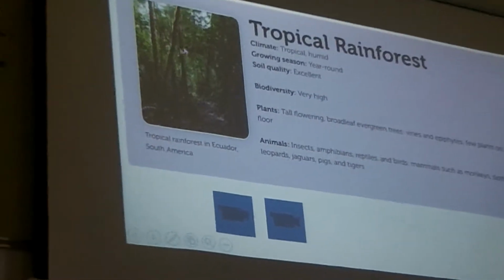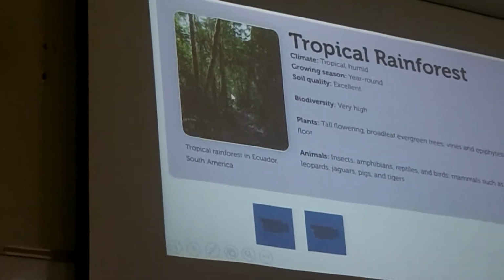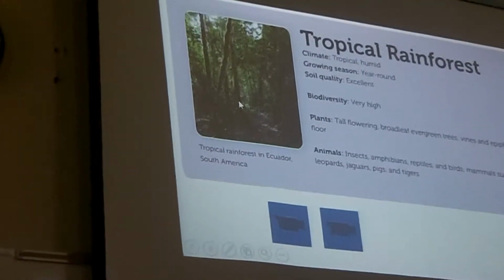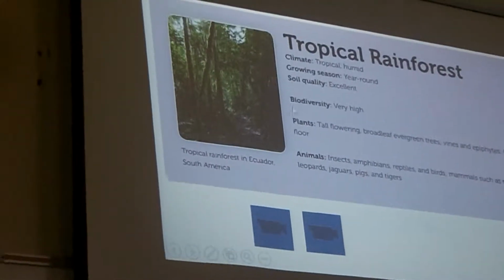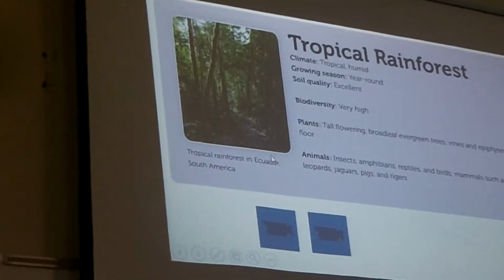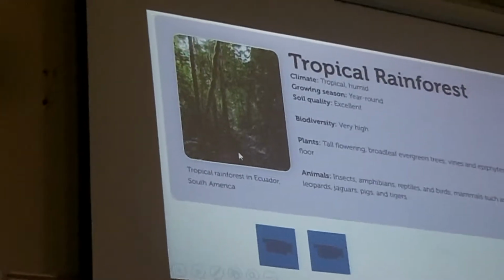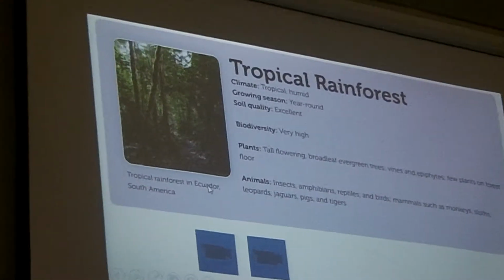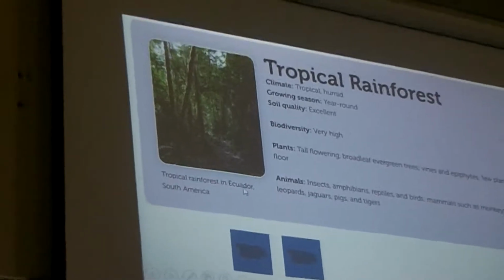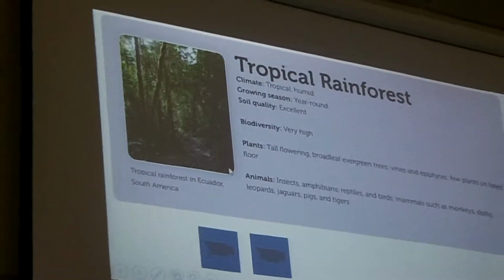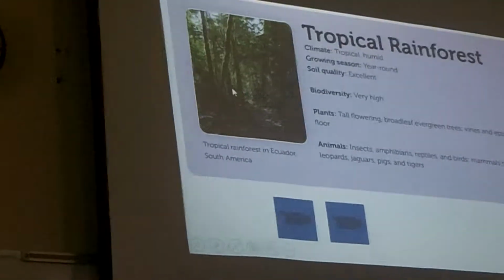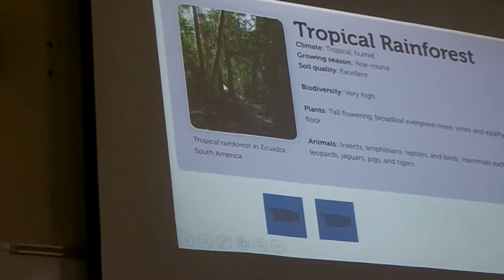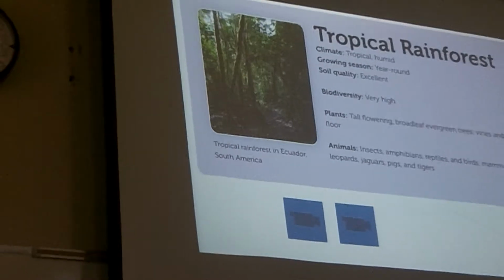Mosses? There's a lot of mosses in there. You've got a lot of flowering plants too, just living on the sides of the trees. So there's just a wide variety of plants and animals, year-round growth. The highest biodiversity in the world is in tropical rainforests, and we're losing the tropical rainforests very quickly